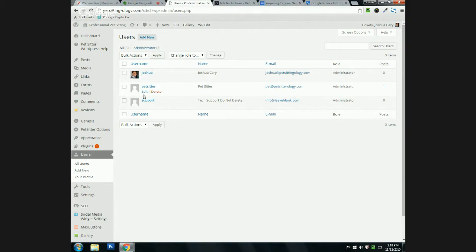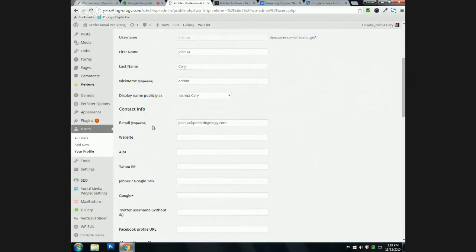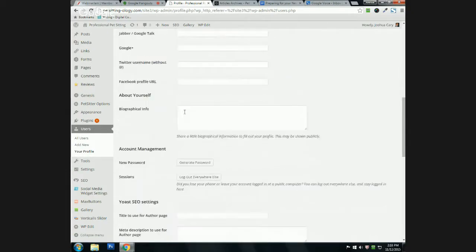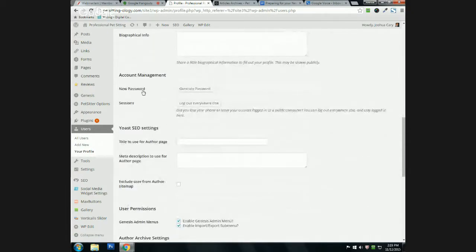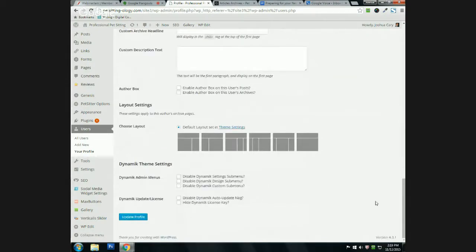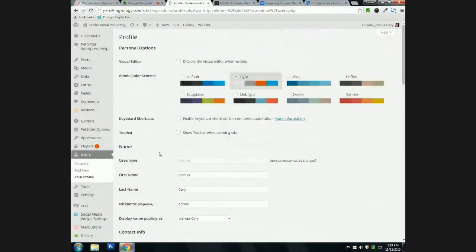I'd hover over it. I can actually, as administrator, edit or delete any of these. So I'm going to click on mine, edit. And if I want to change my email address, I would enter it here. See, all these things are blank because they're not necessary really. But if I want to generate a new password, I click on this. I click generate password and it will do it for me. I scroll down and I click update profile and I've either changed my info or I've changed my email address